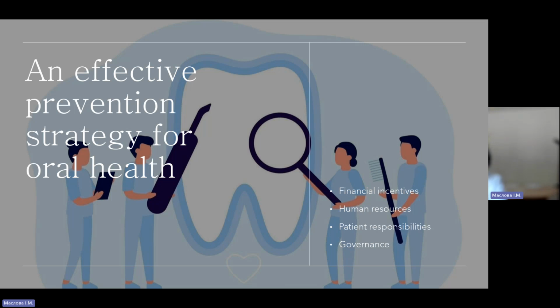The next issue is human resources. The dentist may not be the most appropriate person to be delivering preventive care. Dental care professionals can be an effective and cost-effective part of the dental care team within a prevention model. The adoption of an efficiency-built design and skill mix within the dental team provides an opportunity to use the team in a more productive way. Examples include dental nurses with additional competence and skills placing fluoride varnish and using motivational interviewing techniques, hygienists and therapists working to their full scope of practice to complete routine treatments and preventive interactions in addition to screening, examination with the prevention focus of our